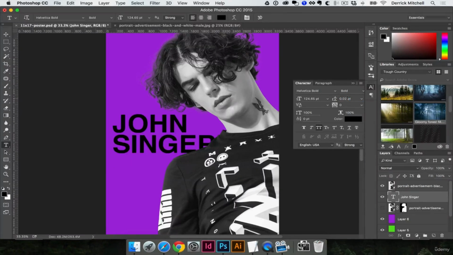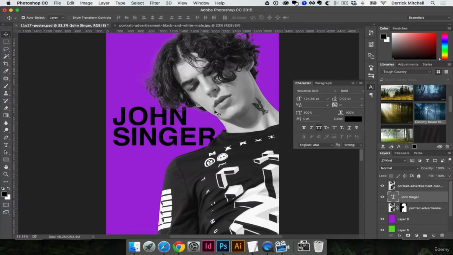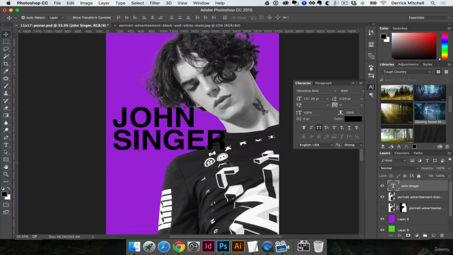Okay, so I'm going to stack that right on top of itself. Hit the letter V to get my Move tool. And I am going to move this up behind. And when you did this, your type layer was probably on top here. And again, that's where layers are so awesome, because I can come over here, I'll click on him, and I'll